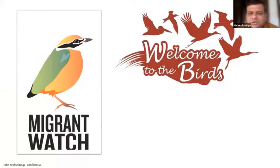So we launched. This is the logo of MigrantWatch, which features an Indian pitta. I'll explain why it has been used. Some of you might know this, but because there are some newcomers as well, I'll explain that. And the logo on the right side is the Welcome to the Birds. That's the BirdLife Asia's initiative to promote bird migration